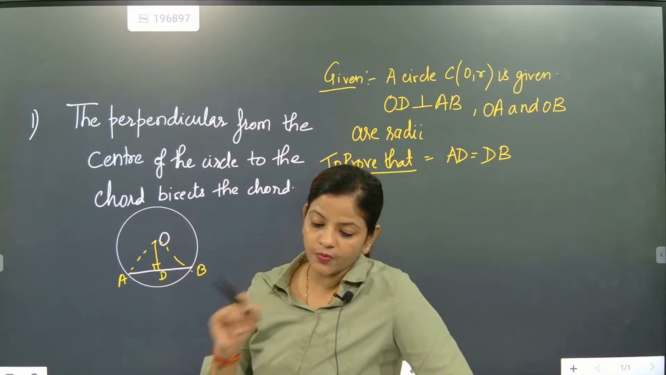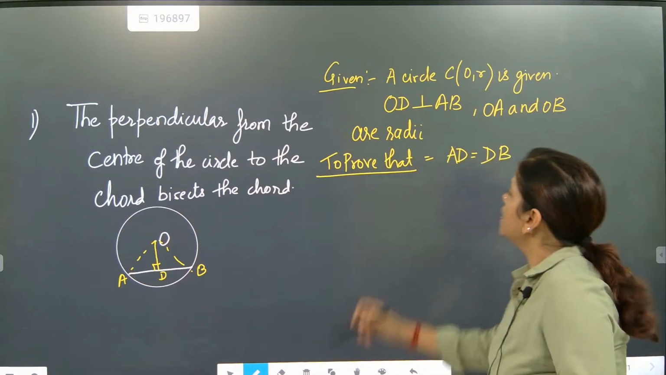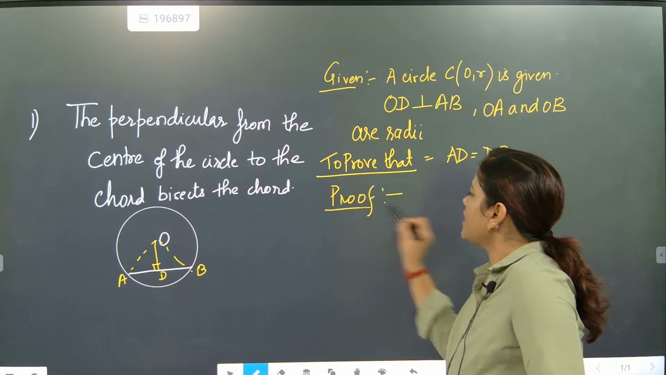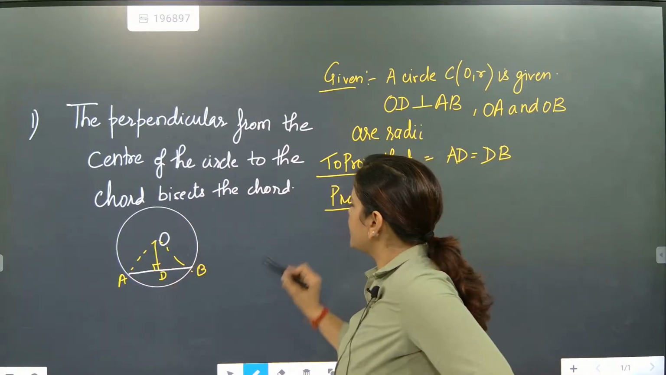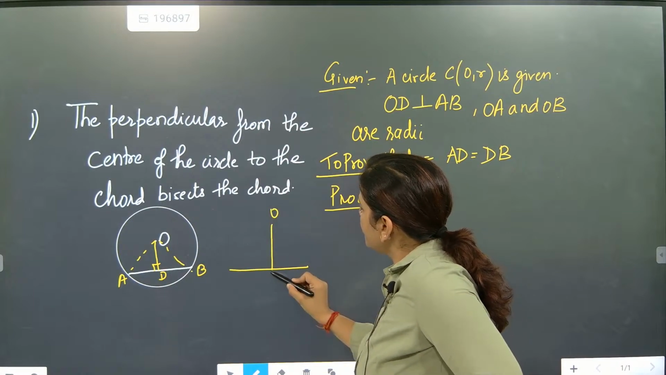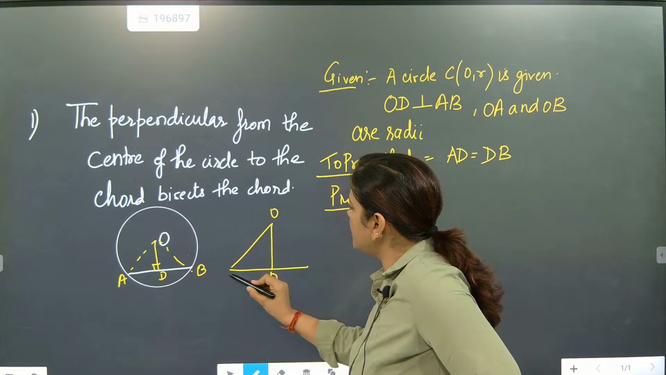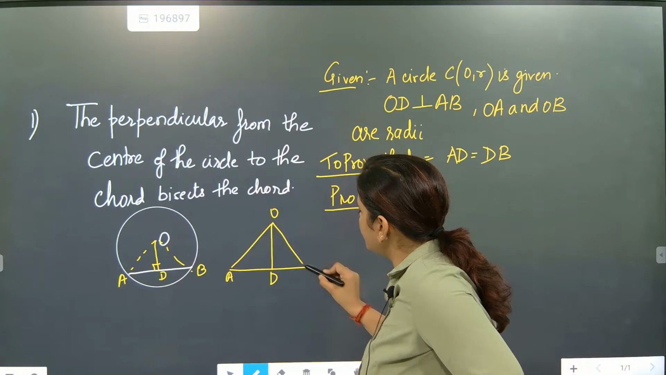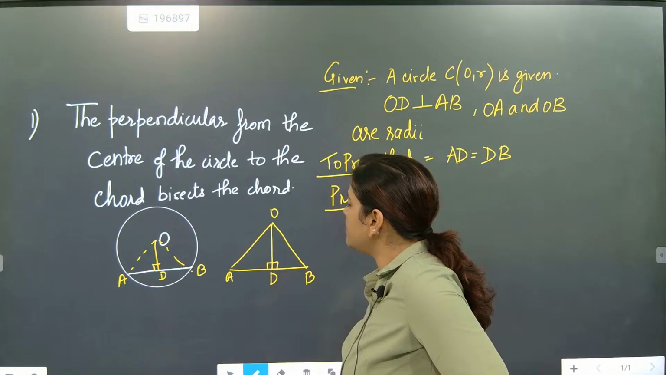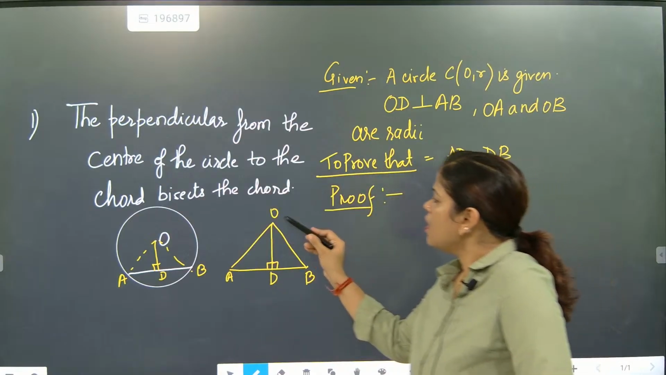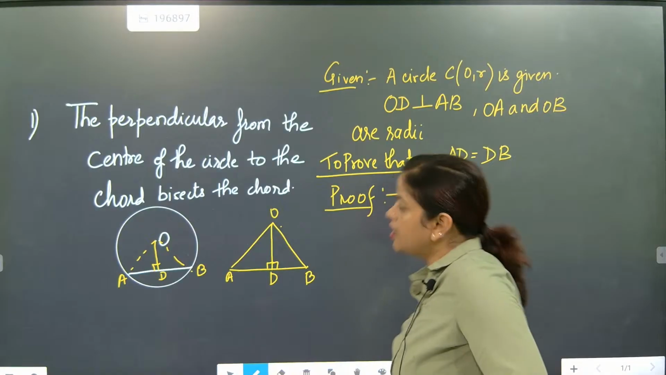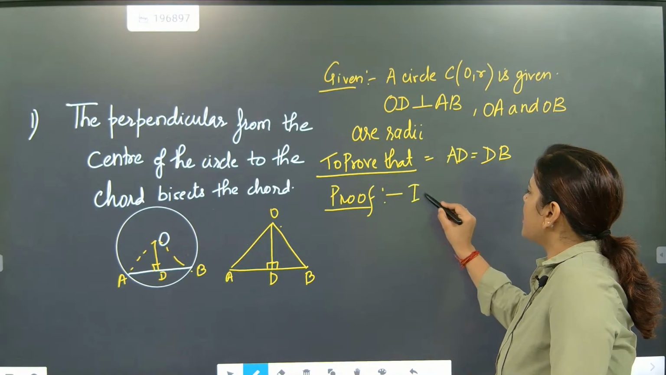So how are we going to prove this? In the proof section, it is very simple to do. We are going to take these two triangles. We write O, D, A here, and B here. So we have taken this one out. Now this is perpendicular, meaning 90 degrees is given. Now OA and OB are radii and OD is common. That's it, proved. So now we will write in triangle